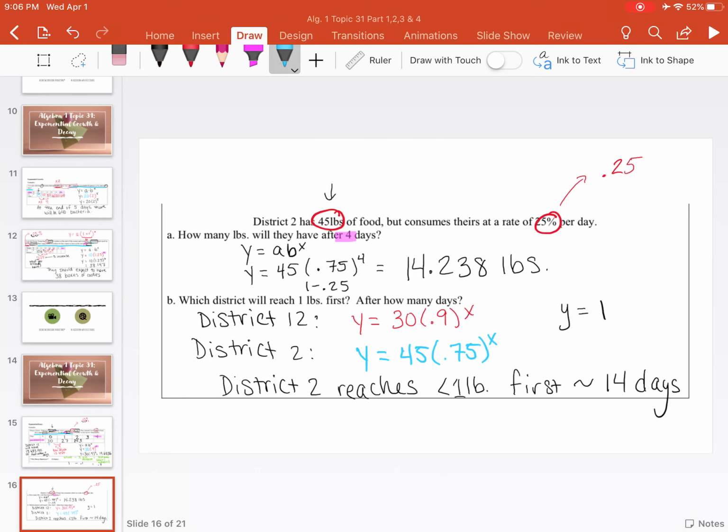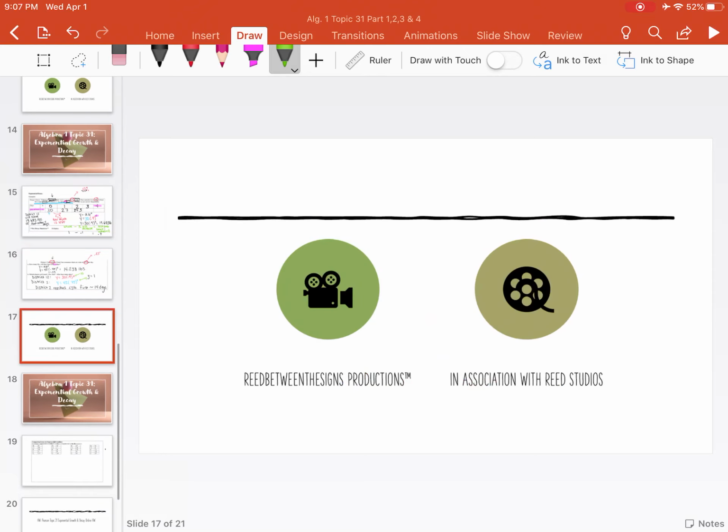So for District 12, we identified that it took about 33 days, and for District 2, it took about 14 days. And that is